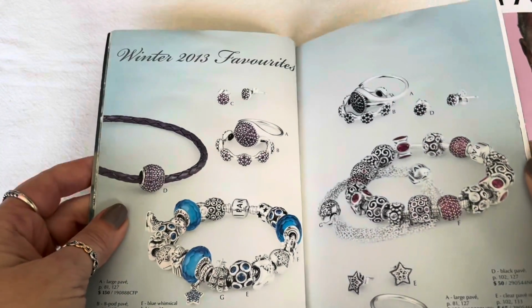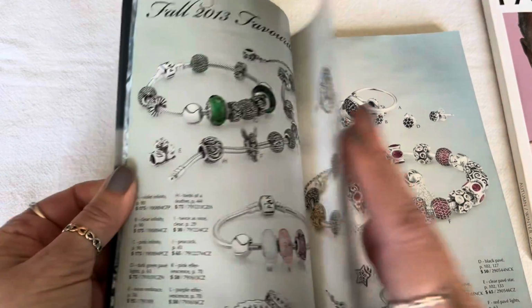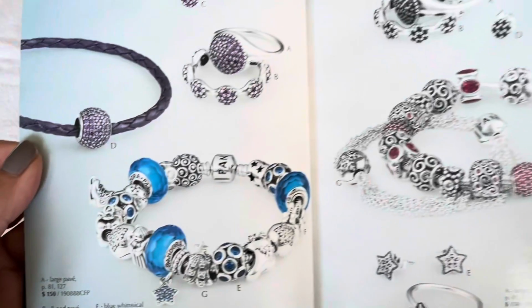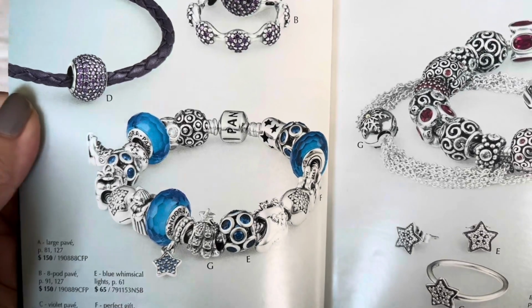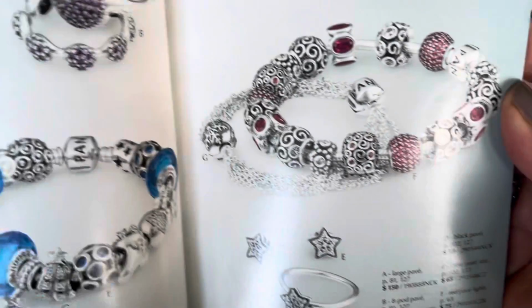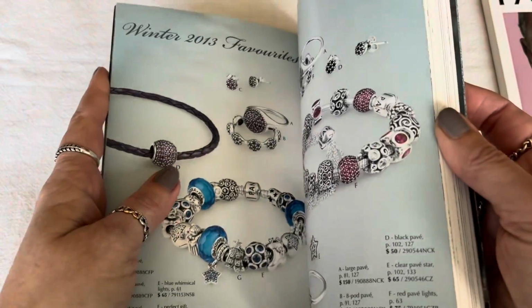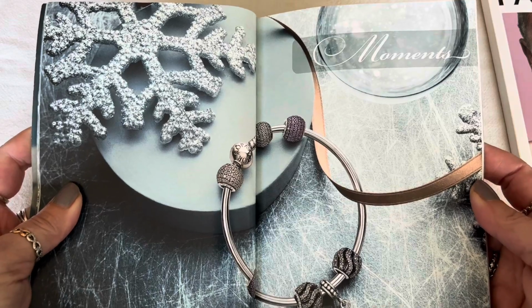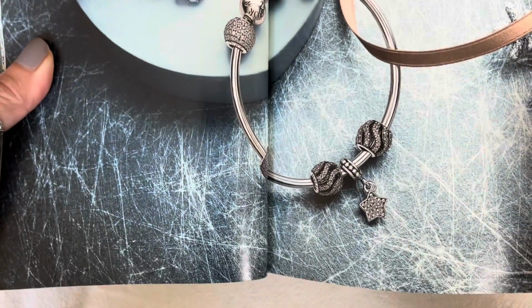And then they give us some more Winter 2013 favorites. So this first one here, I think was fall, and then winter. And here is a sampling of their design right there. So they're using some brighter blue, and then this one has the reds. So now you're getting an idea why this catalog is so much thicker, because look at all these beautiful photos